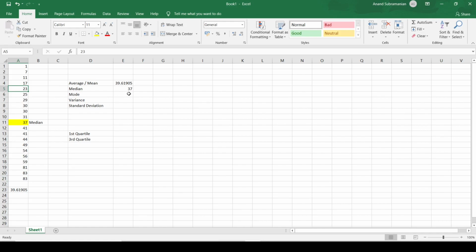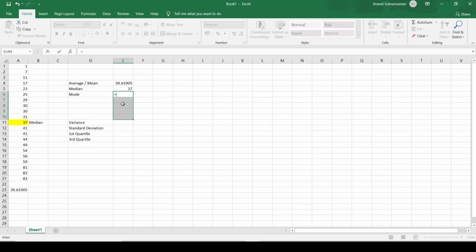So if you have to calculate multiple modes, now I might not know how many modes there are in this data set. So if I select some 4 or 5 cells here, and then type the formula MODE, we also have an option here, MODE.MULT.